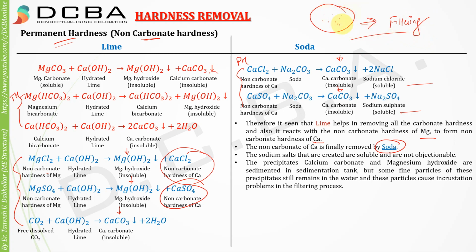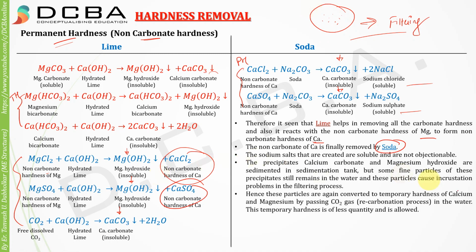So it causes an incrustation problem. Obviously this can be dealt with using coagulants, but if we are not using coagulant aided sedimentation, that time this is going to cause problems. So what to do with these fine particles? After sedimentation is done, you again treat that water and you convert those fine precipitates into